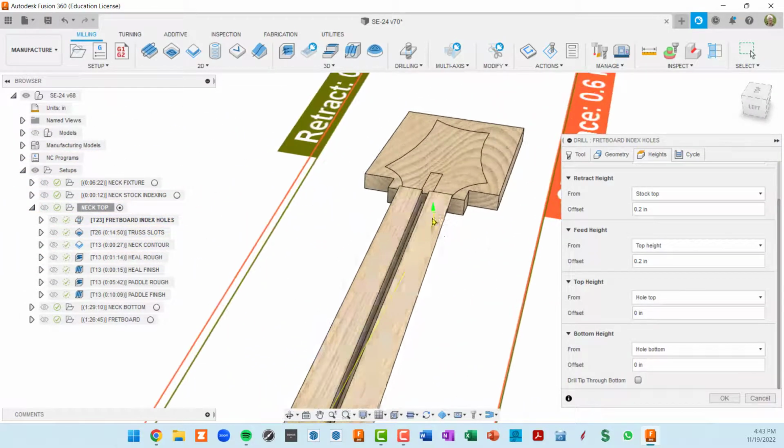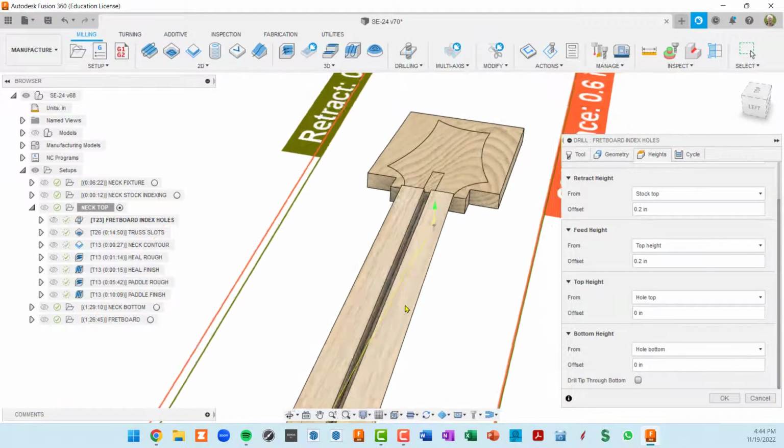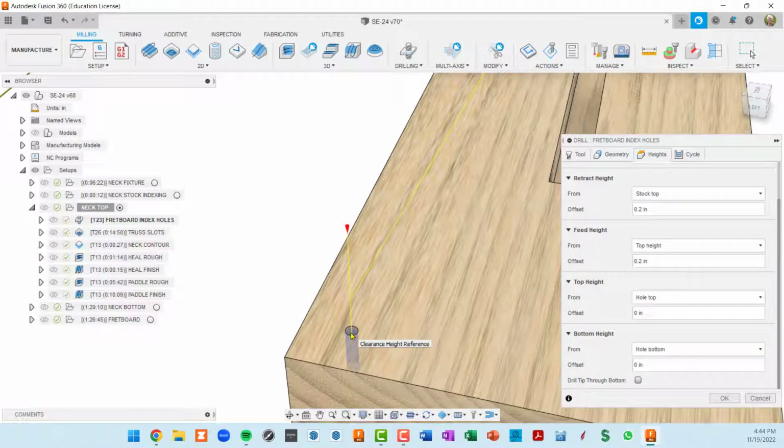Oh, and these positions, if you were to see these in the fretboard, this is at fret 1 and this is at fret 24. And these holes are small enough to where when you put the fret in, you're not going to see the hole. And I'm thinking I can actually pull that plastic side marker dot out after I've got the whole thing glued up, so I won't even have to remove that from the fret slot. Okay, so that's the first